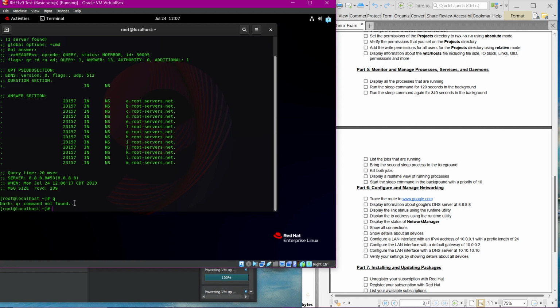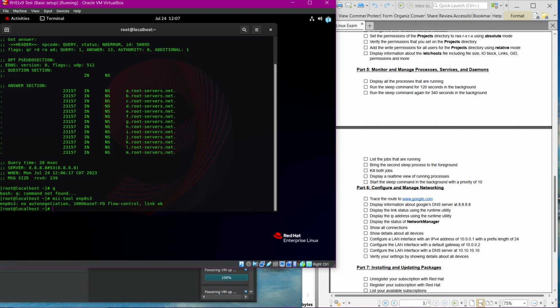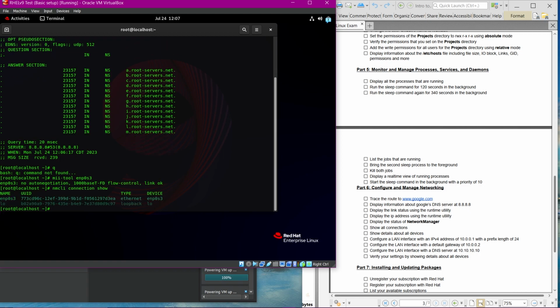All right. Display the link status using the ethtool utility. So we're going to write sudo. No, we're in root. We're going to do ethtool enp0s3. Link, okay. Now, if you don't know how I knew enp0s3, then you could do an nmcli connection show. And that shows you your current connections and the device. And that device is what you're looking at. So that ethtool is showing you your link to this device right here, or to this name. Oh yeah. So now that we've done that,